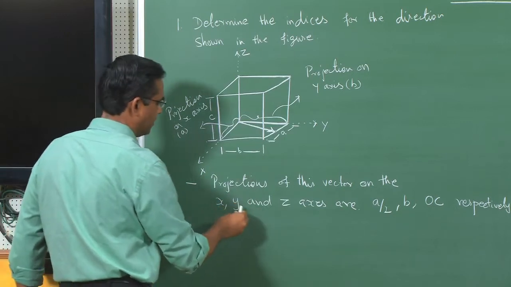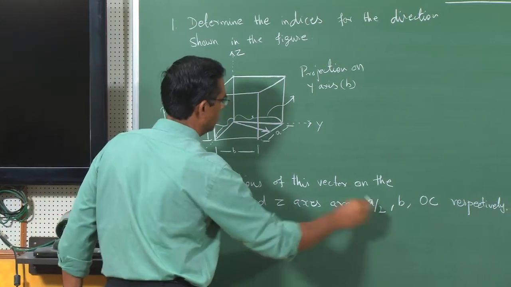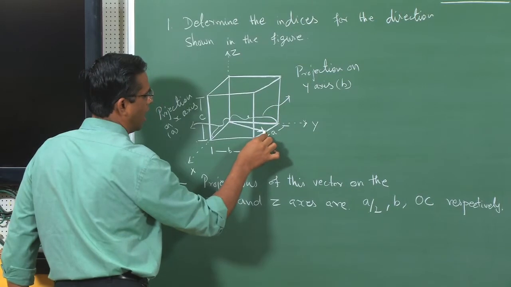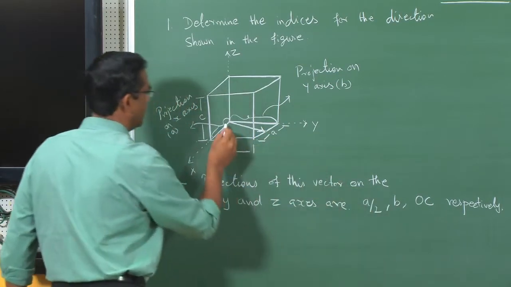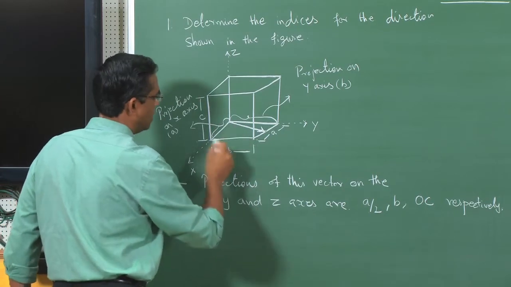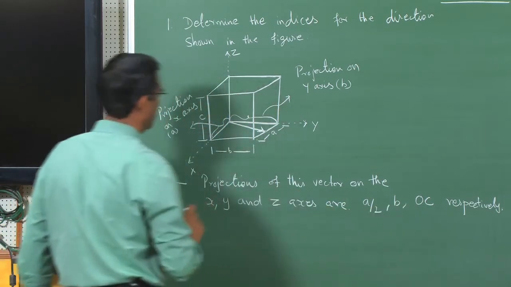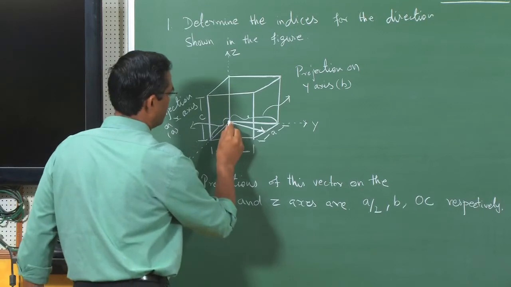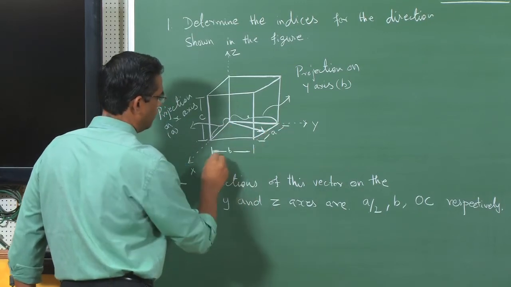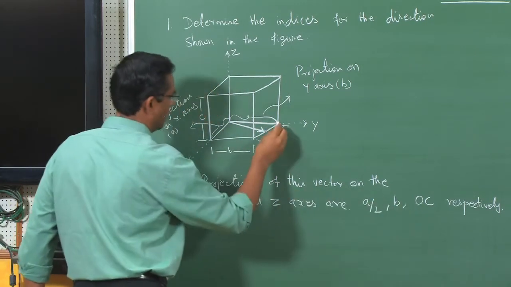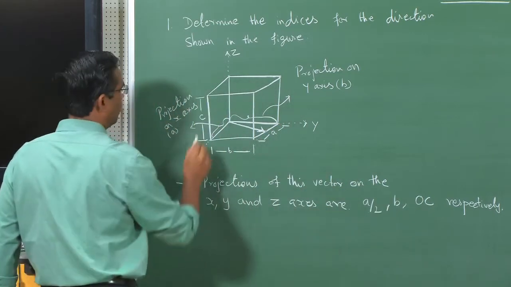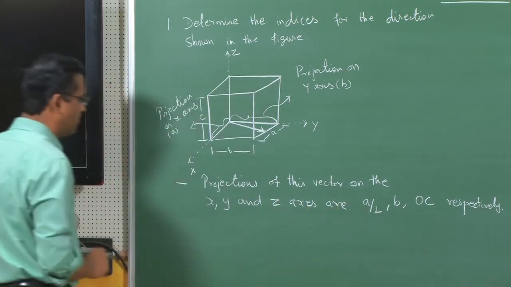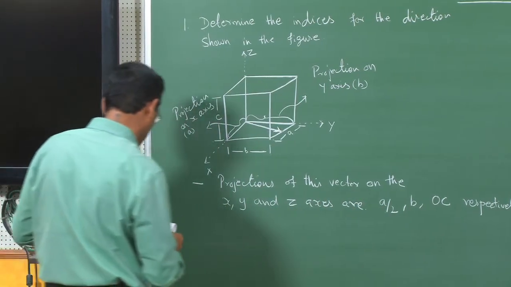So, it is a by 2, that means it is cutting half, that means a by 2 and then b. So, this is b and then it is c. So, it has gone full length b, but it has come half length in a and then 0 in c. So, this is the first step, projections, and then the second step is